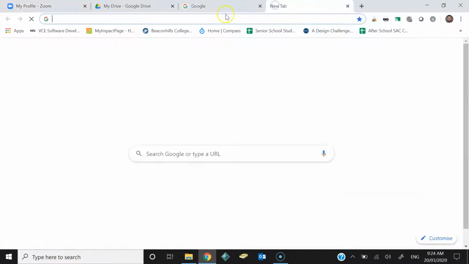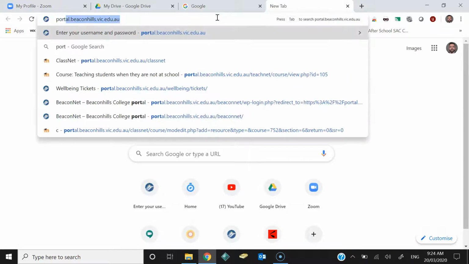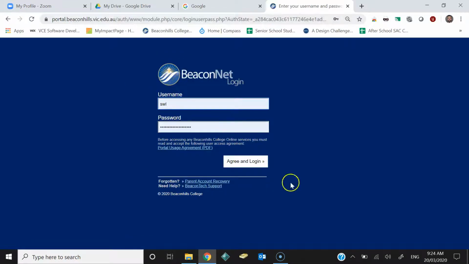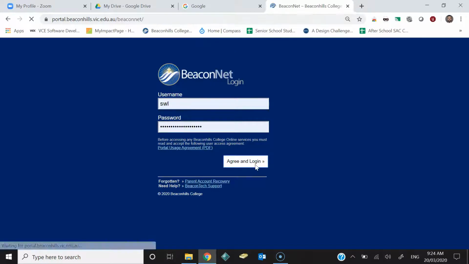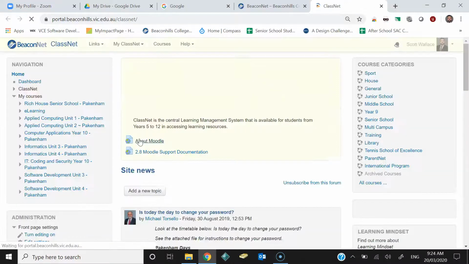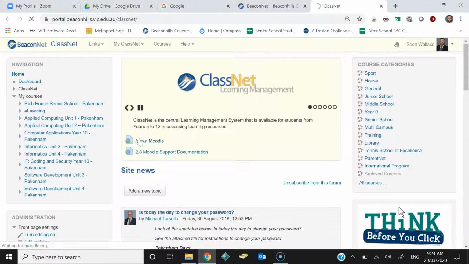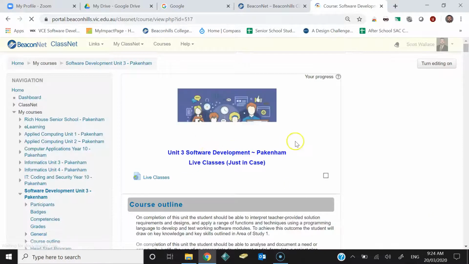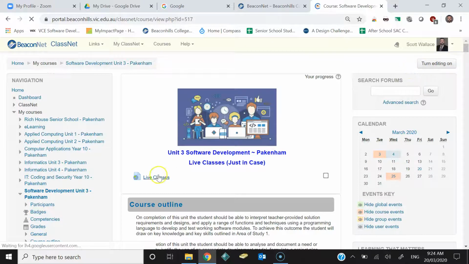I'll just step through that process. So back over to here. I just copied that link, navigating through to my ClassNet space. You can use this same link in each one of your classrooms. Going to software development. This link that I have live here is heading to a Google Meet. I wouldn't necessarily get rid of that, just in case. I would potentially hide that, just so students are very aware of where they need to click